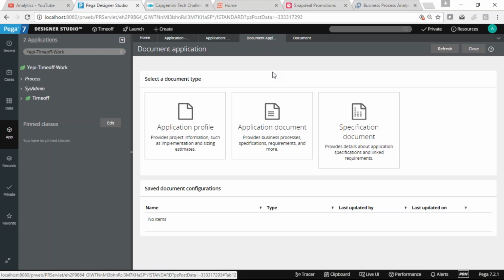Yeah, so if the requirement and specification are within the application itself, whenever I have to refer to them, I can refer within the application itself. I don't need to open a separate document where it was kept. That is the only benefit we are going to get.